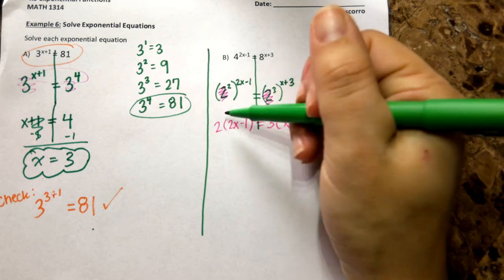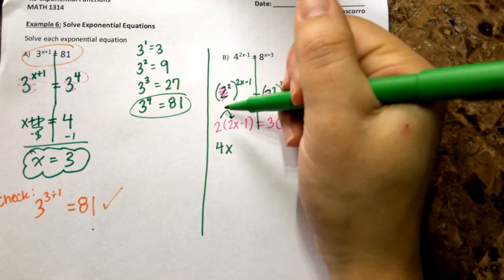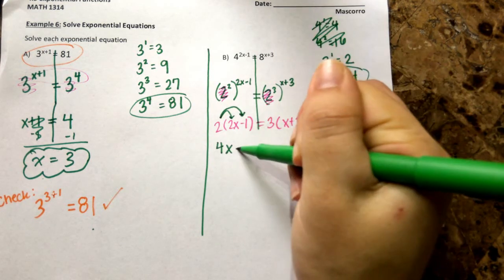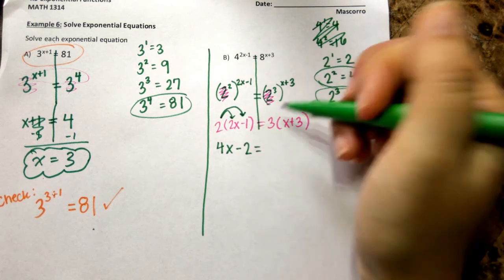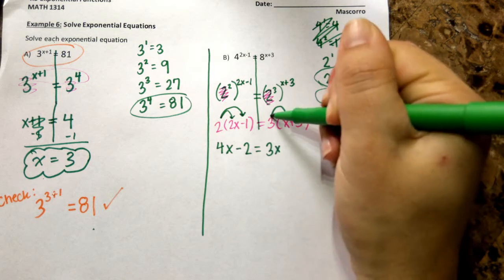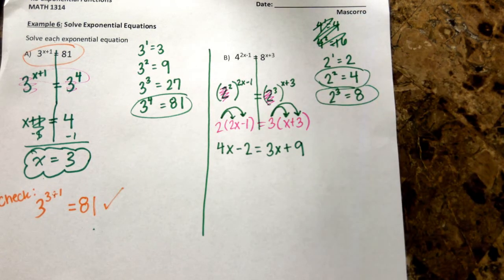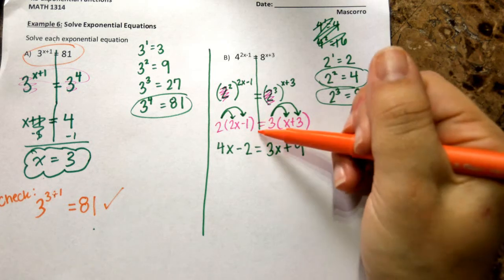We'll start with multiplying 2 times 2x is 4x. 2 times negative 1 is negative 2. On the right-hand side, we have 3 times x is 3x. And 3 times 3 is 9. We've distributed. Now our next goal would be to combine all of the x's by getting all the x's to